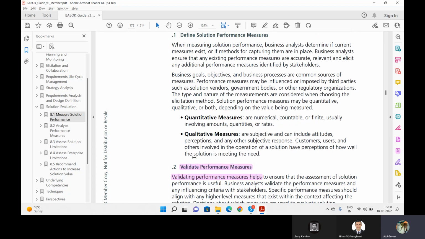ये नहीं है बनाया और हो गया, नहीं. Let's validate कि बॉस ये जो परफॉर्मेंस मेजर है वैलिड भी रहेंगे कि नहीं रहेंगे. Valid means again, like if I say, when the COVID season was going on, I'm sorry to say, it was a bad time. When people get COVID, they say you have to measure your temperature every 7 hours. If you measure the temperature today and go to the doctor after 2 days, that is not a valid performance